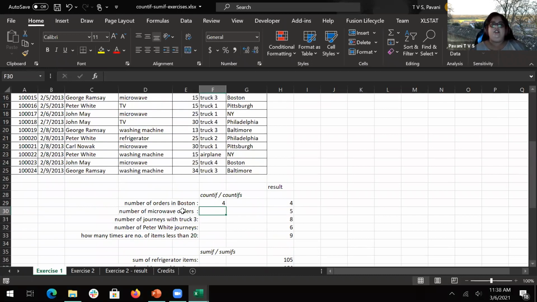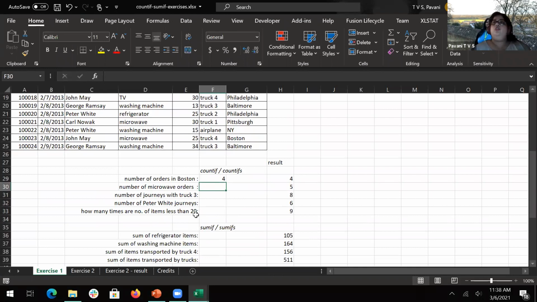Due to the time constraint, I'm not asking you guys these questions again, I'm just explaining it to you, but play around with it. The results are here, but don't see the formula. The formula is already included here, but don't look at it.